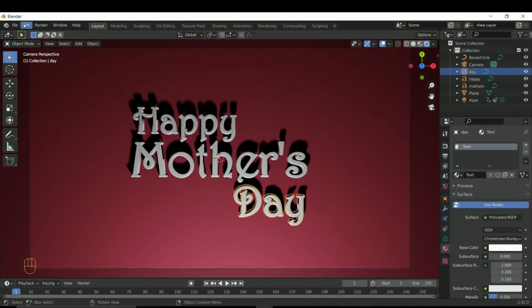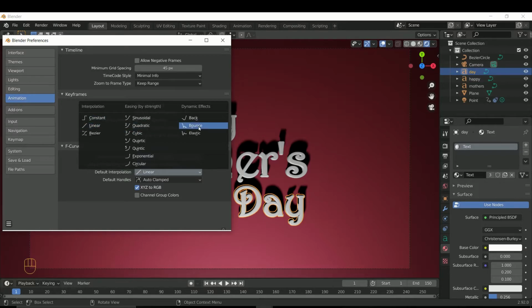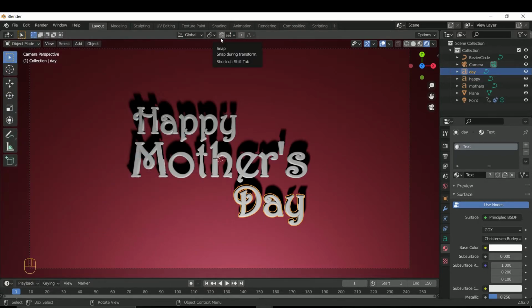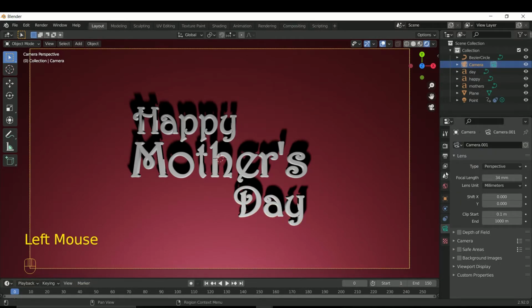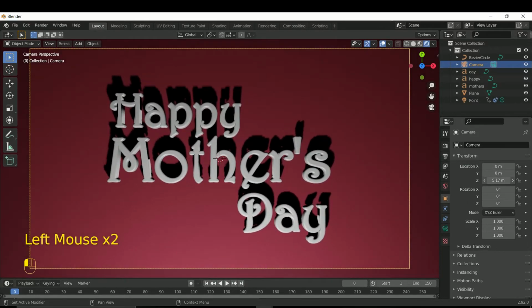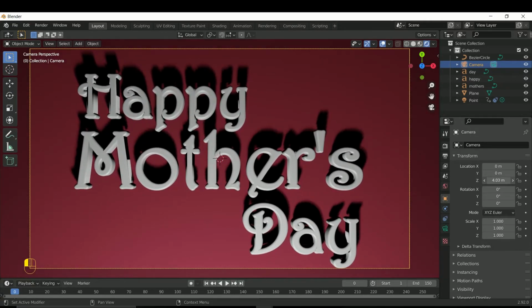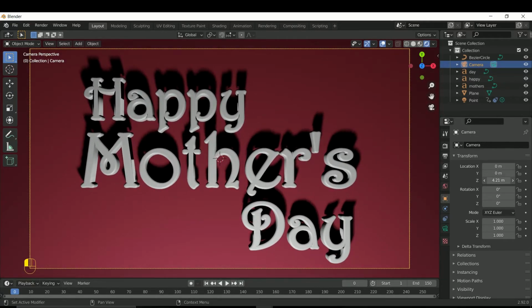Again go to the edit preferences animation and now select bounce in the default interpolation. Again go to the 0 in the timeline and select the camera and go to the object property. Go as close toward the text as possible by decreasing the value of Z location.